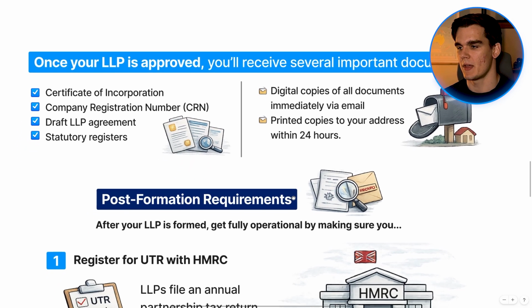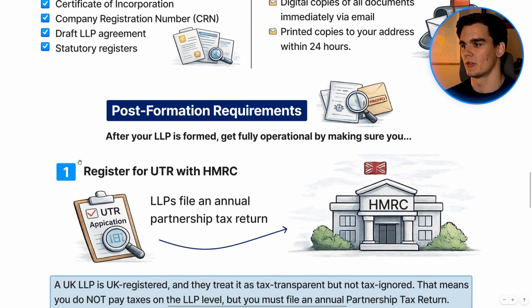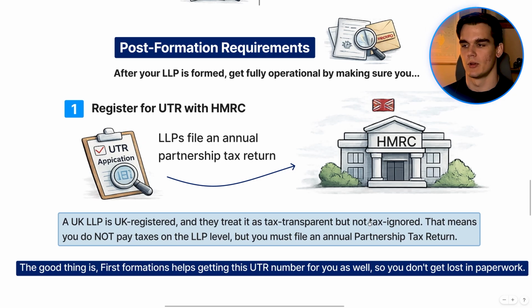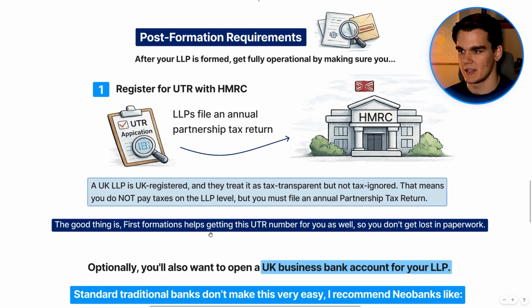Then when your LLP is formed, there are a few things you need to do to get it fully operational. First, you need to register for a unique taxpayer reference or UTR with the HMRC, and these are the tax authorities in the UK. An LLP is UK registered and they treat it as tax transparent but not tax ignored. That means you do not pay taxes on the LLP level, but you must file an annual partnership tax return. The good thing is First Formations helps getting this UTR number for you as well, so you don't get lost